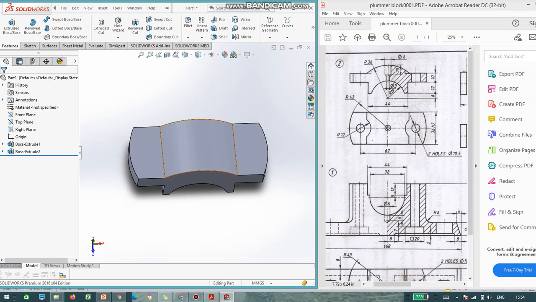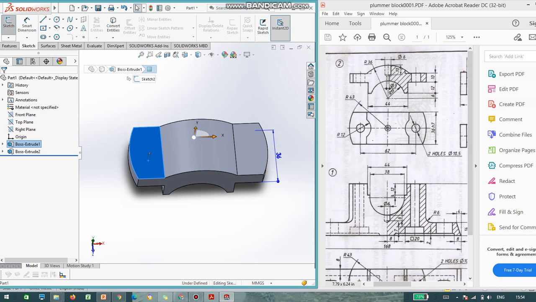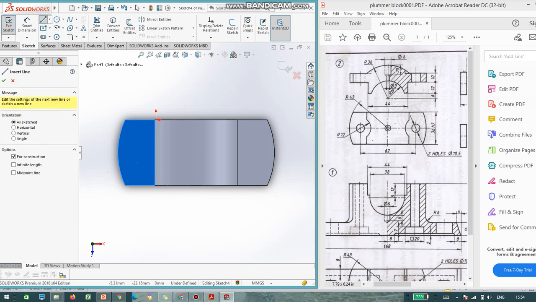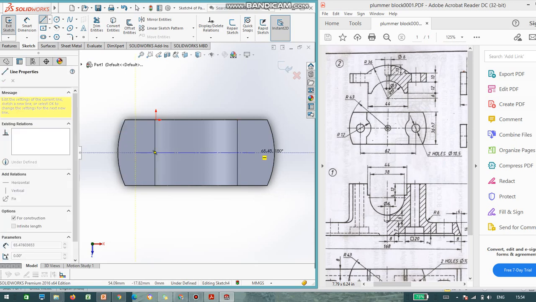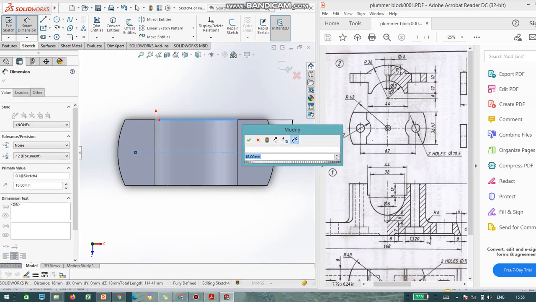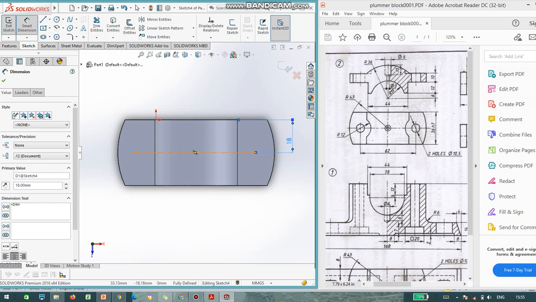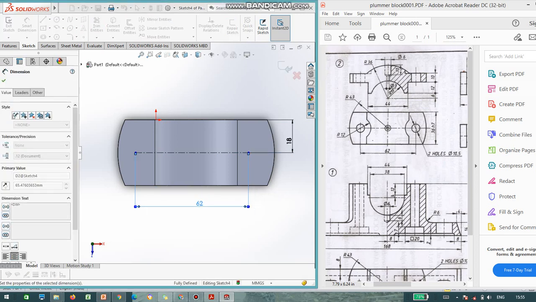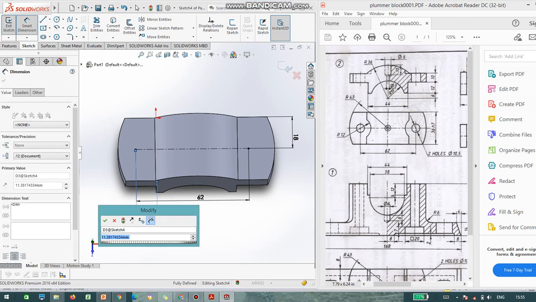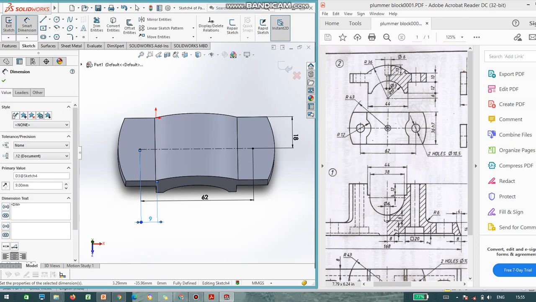Now I added. Now we need to make 2 holes of 10.5 mm. Go to sketch. I am using a center line again for my reference. I draw a center line for my reference, and I'm assigning the dimension. It is 18, and we know the holes are at a distance of 62. When you calculate from one end, where we use the axis, it will come to 9. How will it be 9?